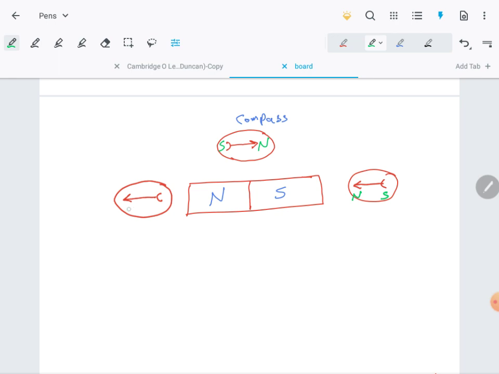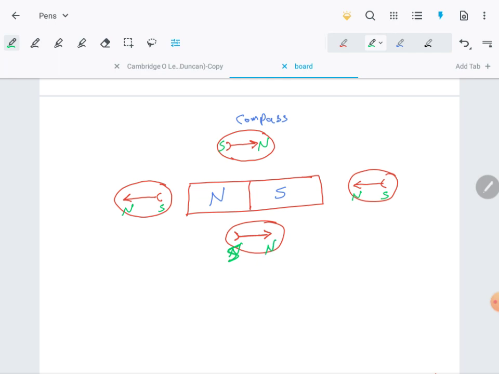This is the North Pole. This is the South Pole. Here and also here. This is the correct situation of the compass, because here is the South Pole and here is the North Pole